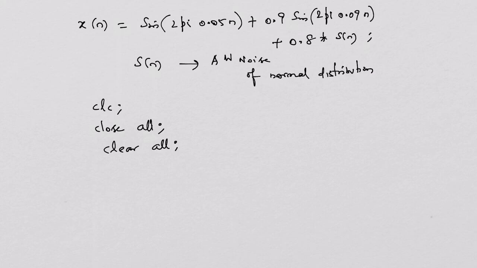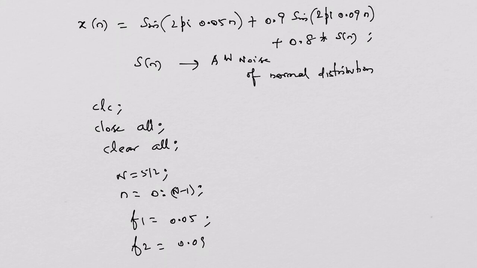Now it will simply work with signal generation with two components. Capital N is equal to 512. Small n is equal to 0 colon N minus 1. The next one will be the frequency f1 is equal to 0.05, and f2 is equal to 0.09. Two frequencies are ready. Now we shall see how the composite signal, which comprises two sinusoidal components, can be